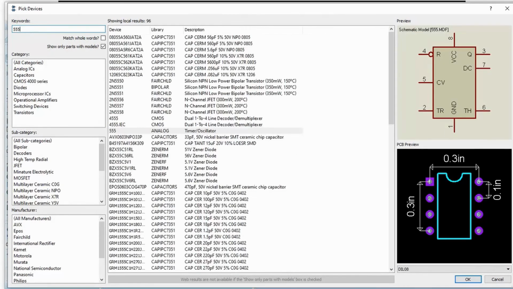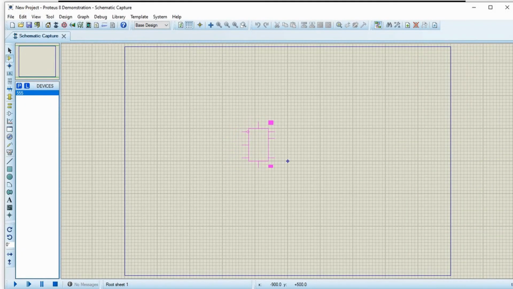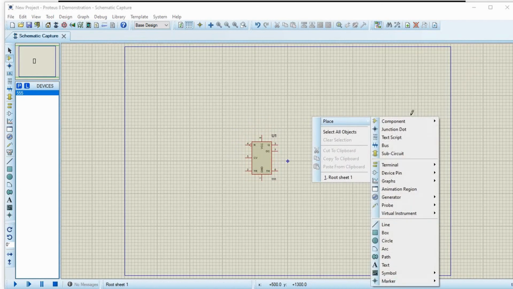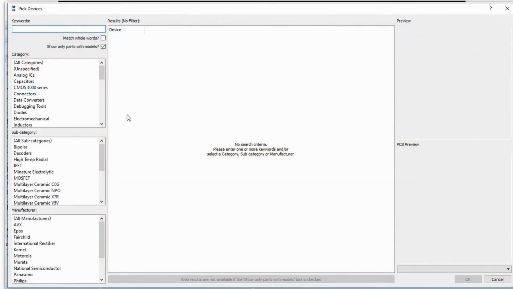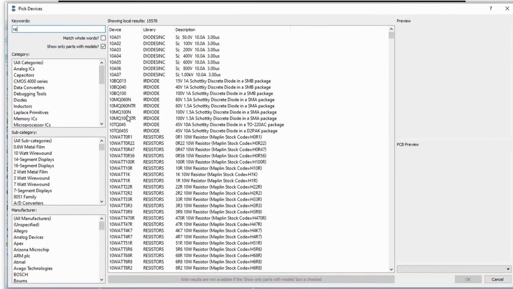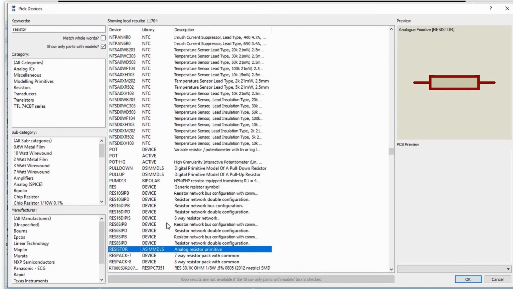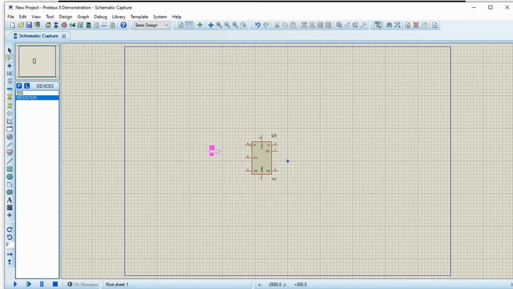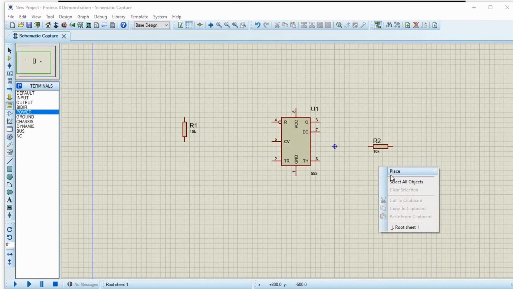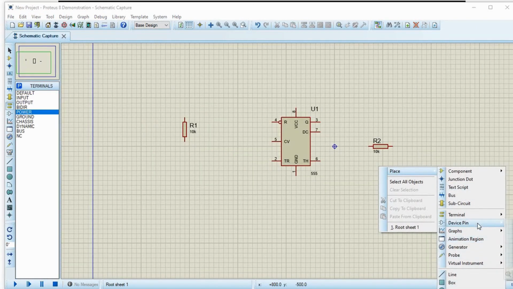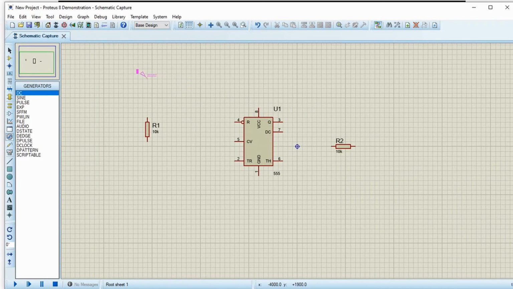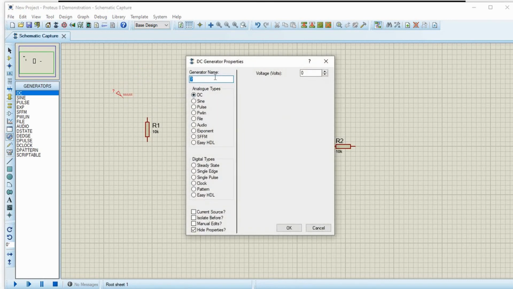Let me take a 555 timer. Then we have to place VCC. We need some resistors also. 12 volts DC.